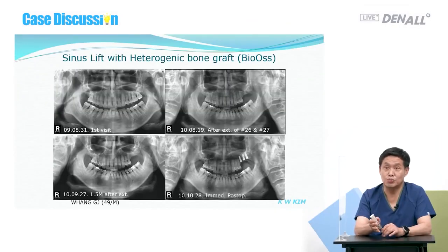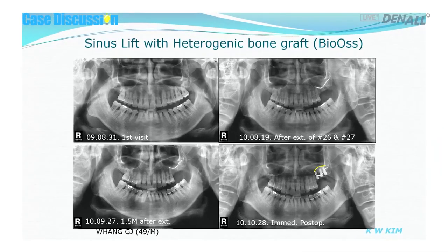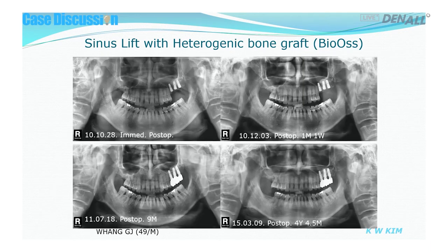But here a xenograft was done, and 26 and 27 were missing, and there with the kit, 3 implants were delivered with a crestal approach. I think they were 10 millimeter implants. So we did bone grafting, and here, as I said before, I use bovine bone, and about 4 years later or so, bovine bone was used, but still now on the top part, the bovine bone has disappeared and has come down to